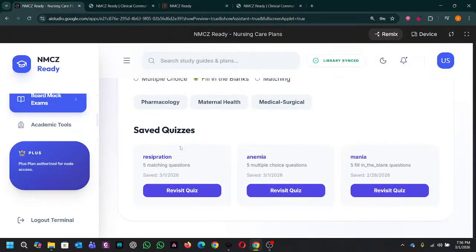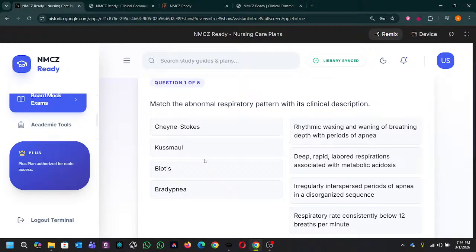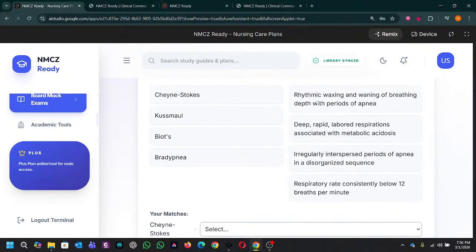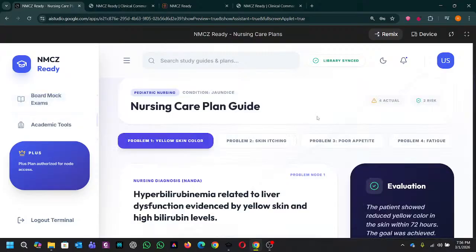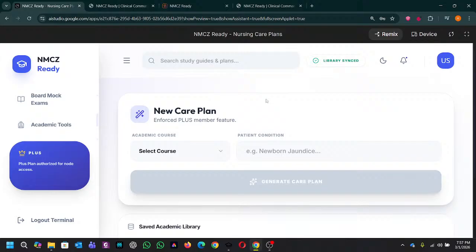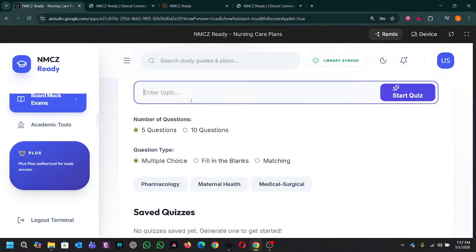As you can see, we have respiration, anemia, and mania. So for example, let's revisit a quiz. This was a cross-match question, and it's asking us the following. Match the abnormal respiratory pattern with its clinical description. The descriptions are down here. So we've got what you're reading here. Okay, so our nursing care plan is ready for jaundice. Let's just go back and open the quiz. And the quiz that we had opened was,